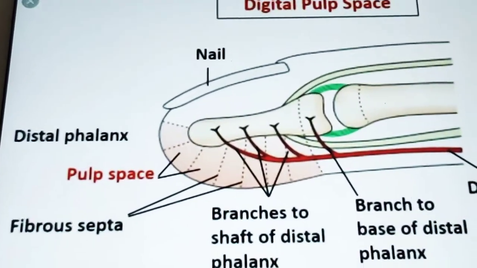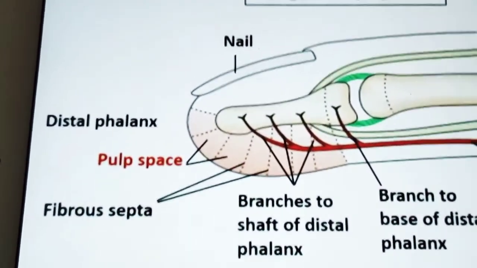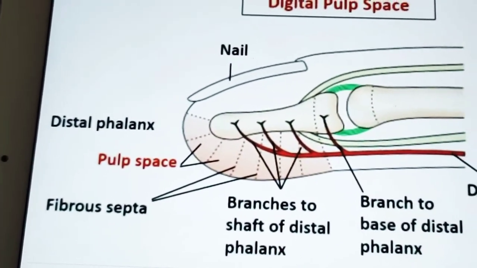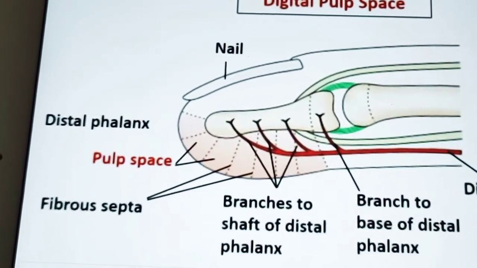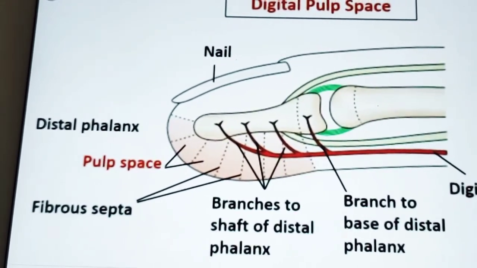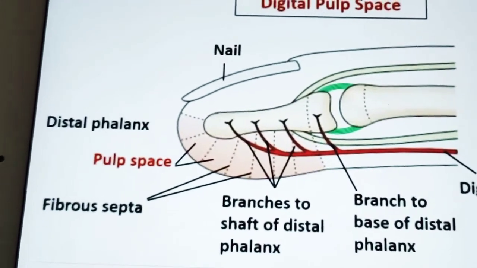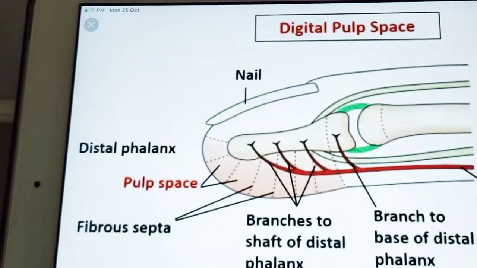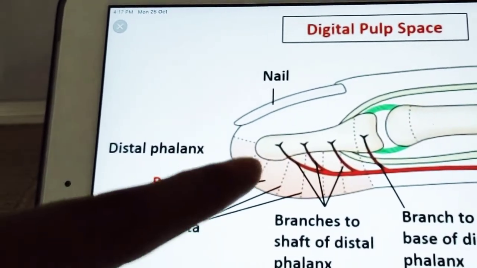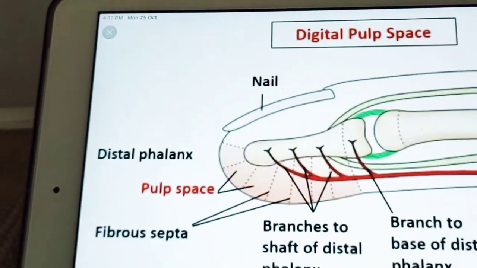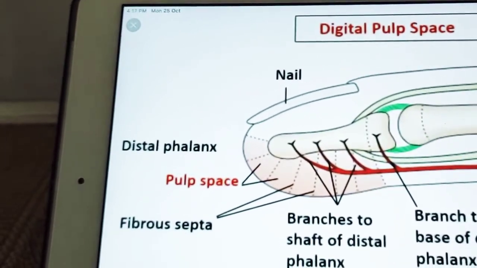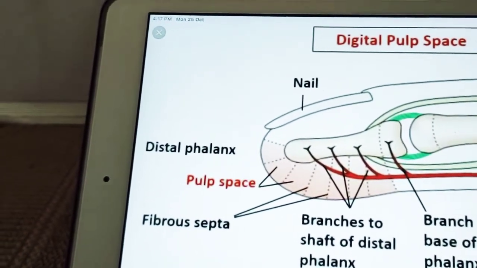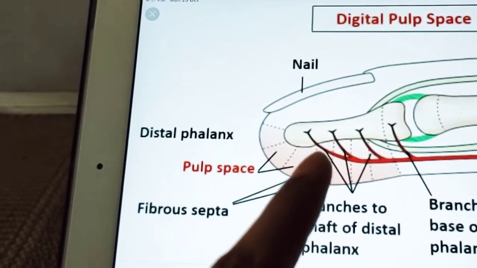This is called the palmar space, which is the pulp space of fingers. The pulp space of fingers is present especially in the tips of fingers and also the thumb. They mainly contain subcutaneous fat, arranged in tight compartments formed by fibrous septa. You can see the fibrous septa in between them, dividing the pulp spaces, which pass from skin to the periosteum of the terminal phalanx. You can see this is the skin, and from the skin to the periosteum.